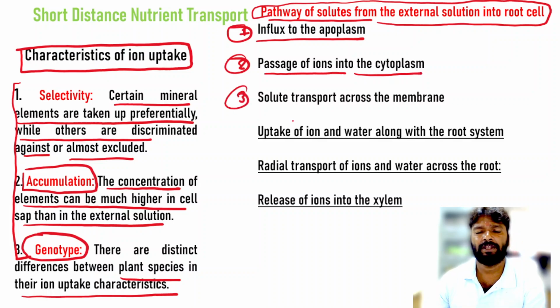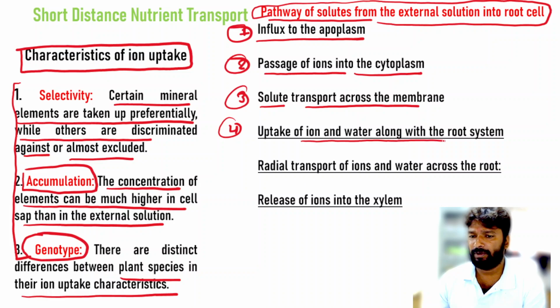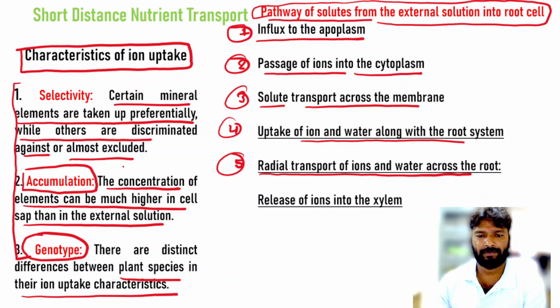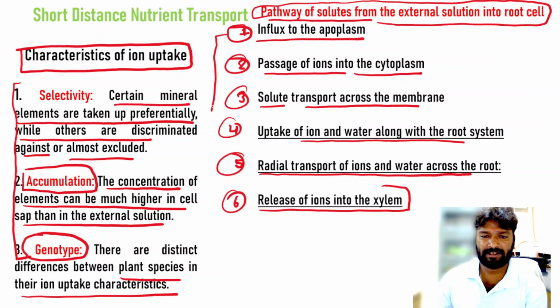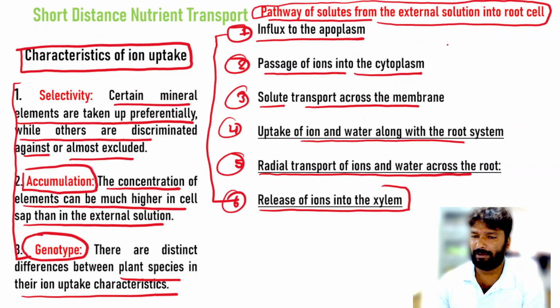The third is solute transport across the membranes. Fourth is the uptake of ions and water along with the root system. Fifth is the radial transport of ions and water across the roots. And sixth is the release of ions into the xylem. So these are the 6 important steps by which your solutes